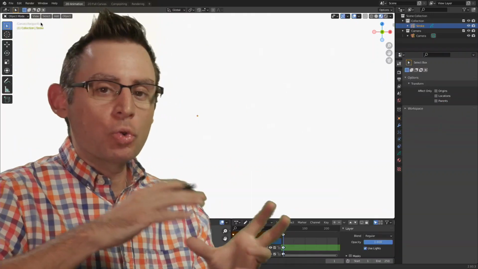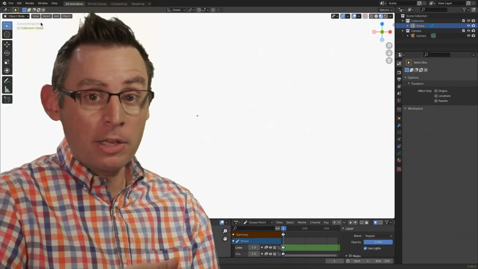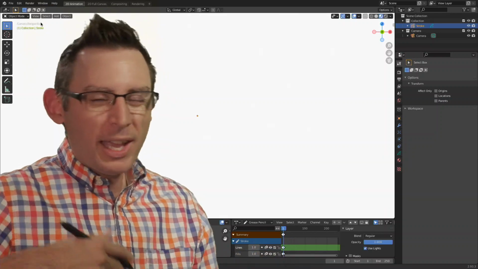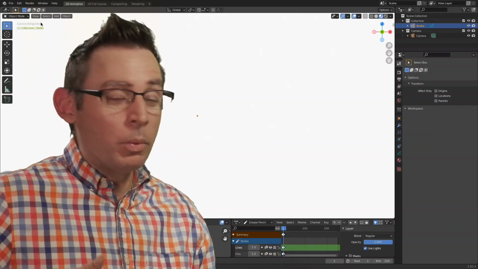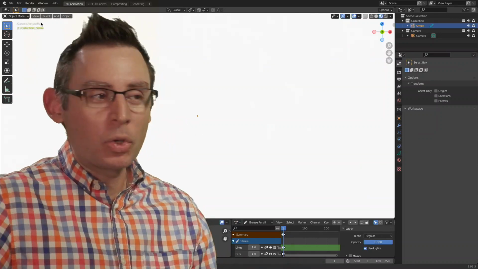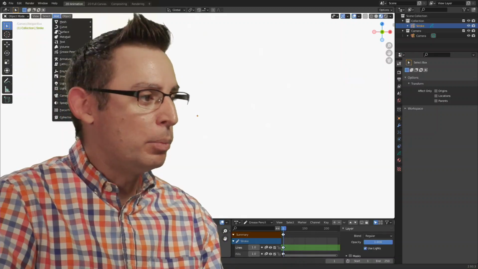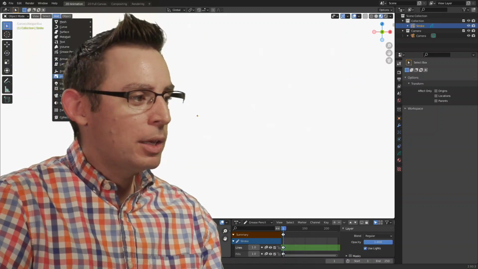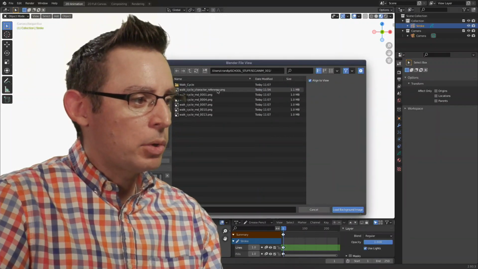Now, because we're going to be drawing on top of this object, it's a really good idea to maybe use a background image versus a reference image. At times, you'll find some really kind of weird wonkiness, if you will, when using a reference image, that the strokes kind of go behind the image, and I certainly don't want that. So let's go into the Add pull-down menu at the top of the viewport and choose Image and then Background. Navigate to where you've saved the image on your computer.